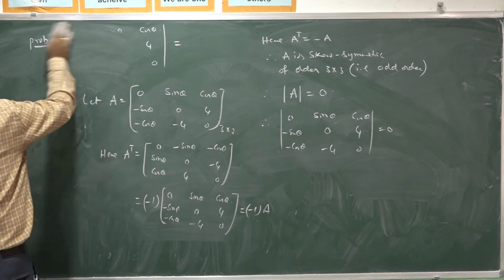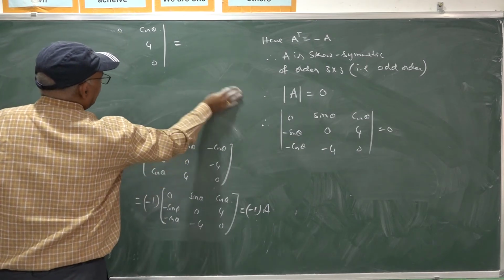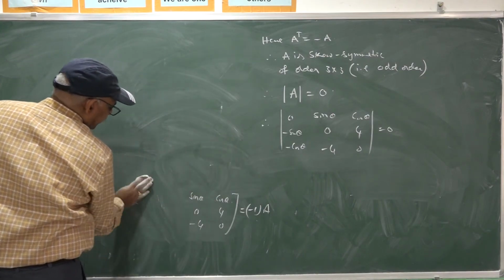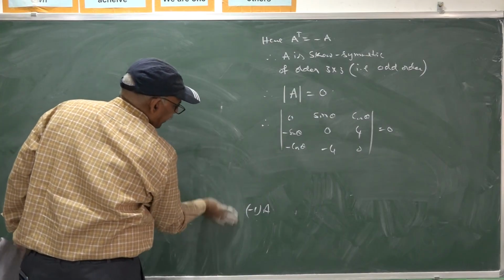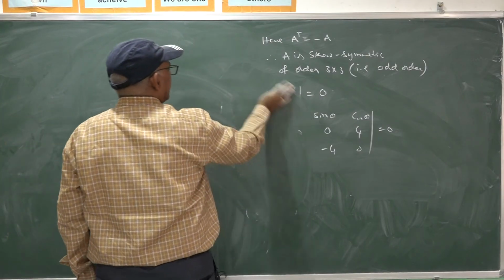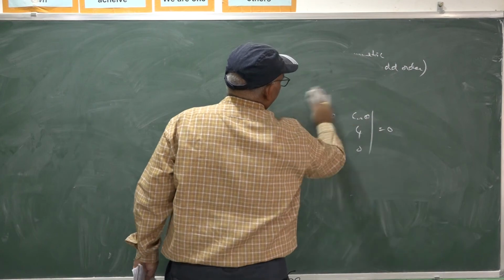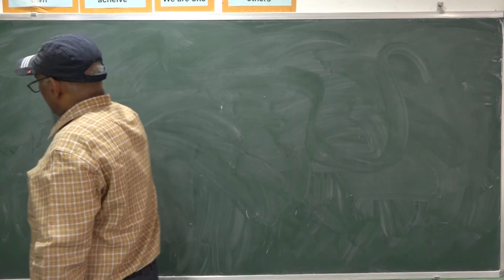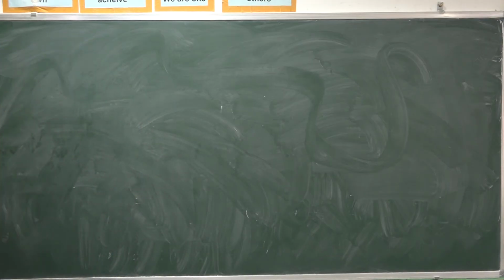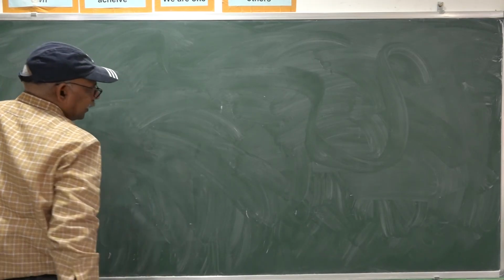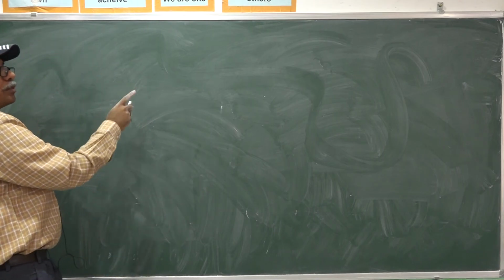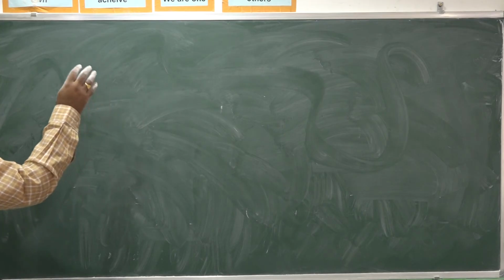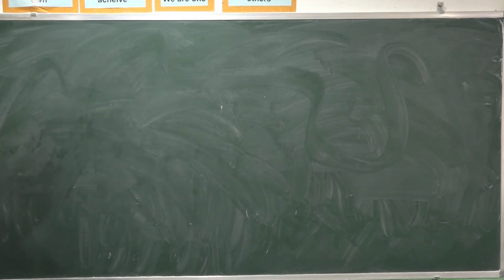This concept is also important. By observation, you can take the given determinant as a matrix and observe that the matrix is skew symmetric, because once you observe the diagonal elements, all the diagonal elements are zeros. If all the diagonal elements are zeros, observe whether it is skew symmetric or not. Once it is skew symmetric of odd order, then its determinant is 0 clearly.